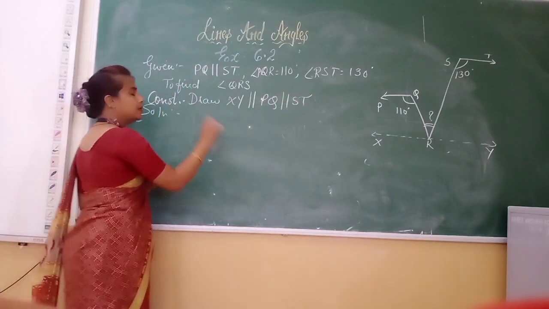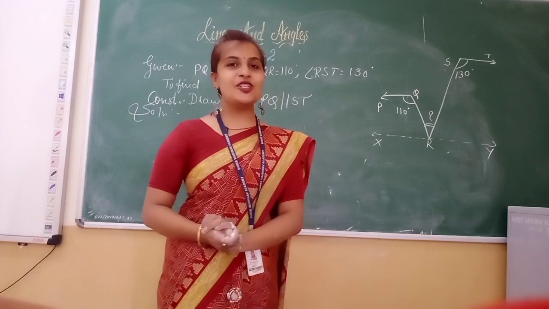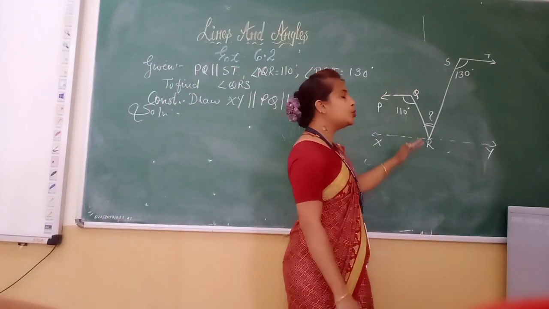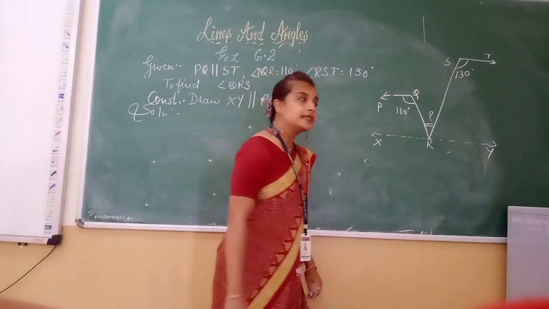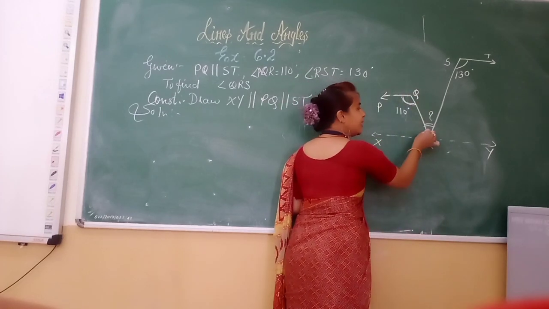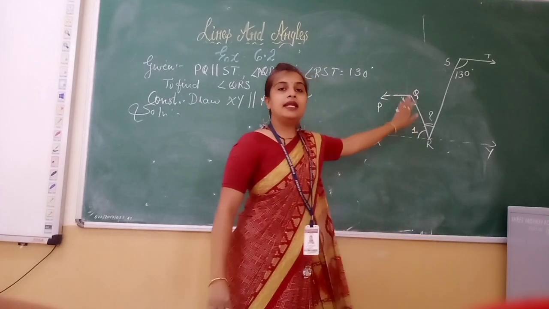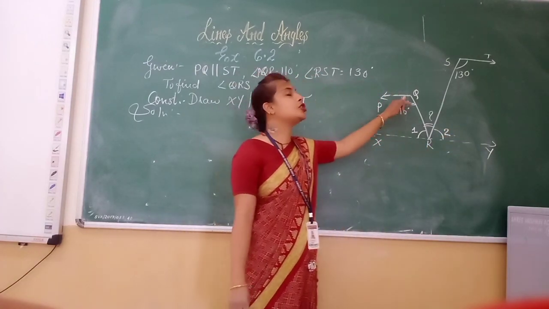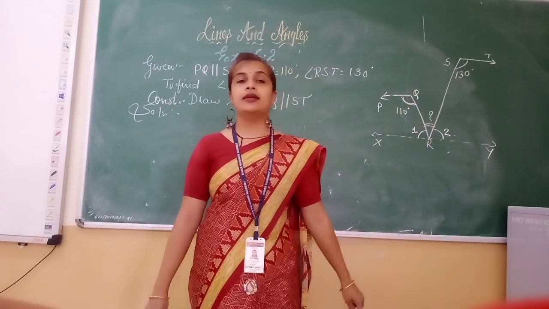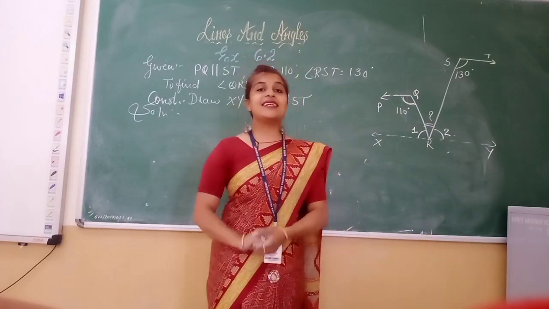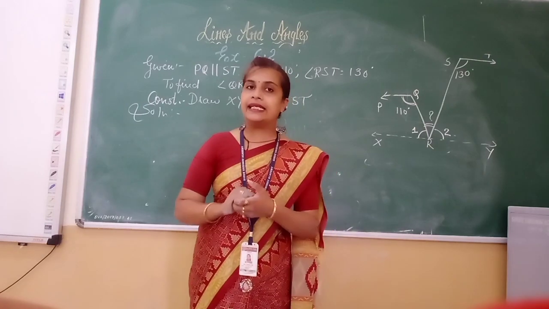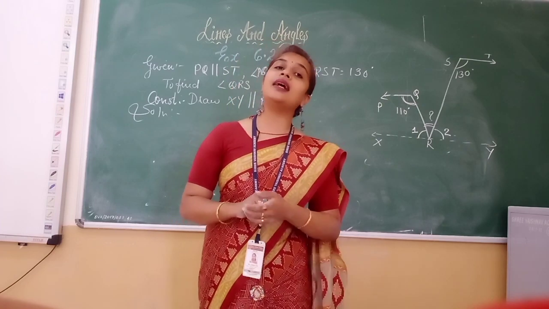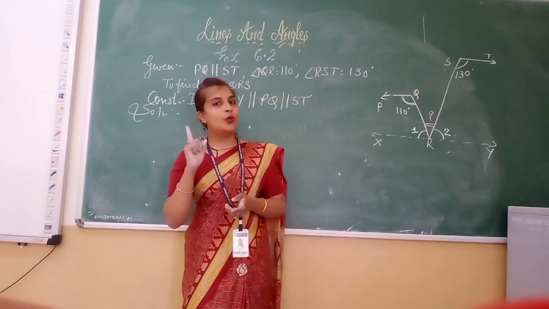Here construction we have done, now we have to solve it. Check the solution. कैसे होगा? As see, when these two are parallel lines, then in such condition 110 and angle 1. Let us consider this one is angle 1, this one is angle 2. Then what is the relation of 110 and angle 1? What will be the relation? Yes, it forms co-interior angles. And what does co-interior angle says? That the sum of the angles is equals to 180 degree.